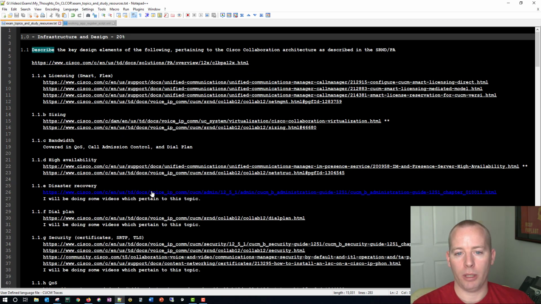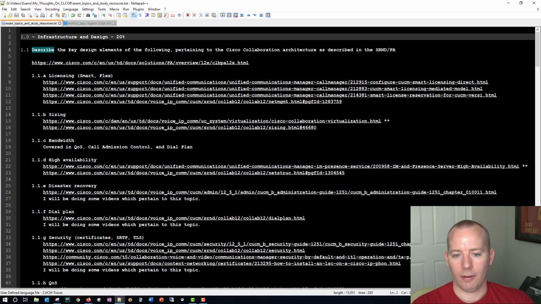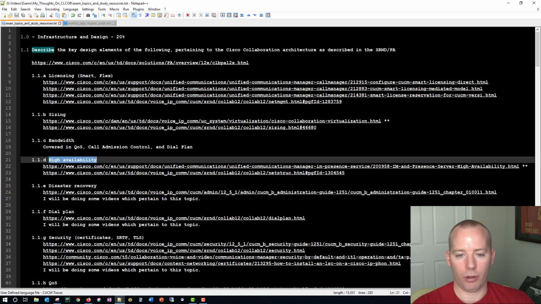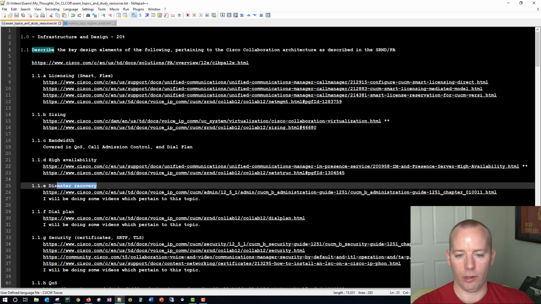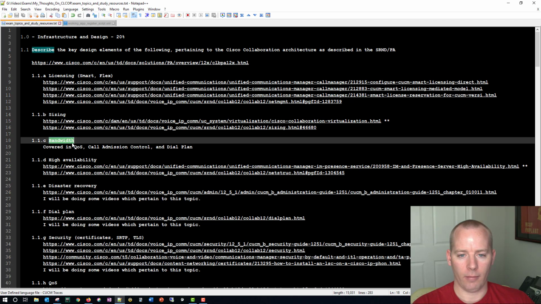But for me personally, 1.0, even though it's 20% of the exam, I don't really know the high availability part all too well. I do know the disaster recovery part well enough, but I don't feel like that's all too important. Bandwidth and QoS, stuff like that,